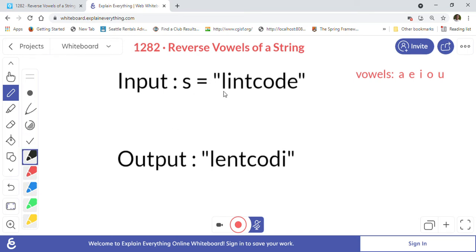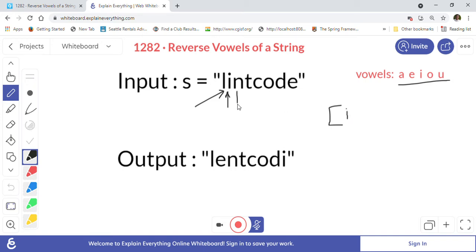So first we will start going character by character, right, in a for loop. First we will read L. L is not one of our vowels, right? A, E, I, O, U. So we will just go to the next character, right? The next character we go to is I. Now I is one of the vowels here, right? So we will create one list and we will put that I character in our list, right? And then we will keep going.